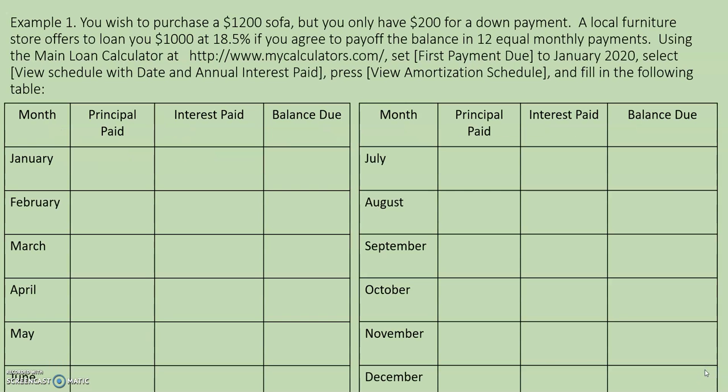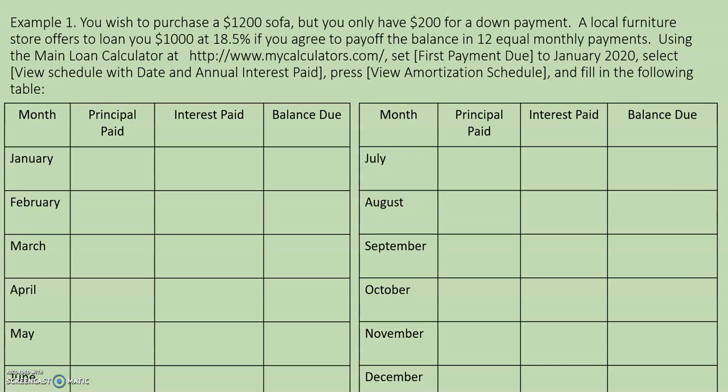Example 1. You wish to purchase a $1,200 sofa, but you only have $200 for a down payment. A local furniture store offers to loan you $1,000 at 18.5% if you agree to pay off the balance in 12 equal monthly payments. Using the main loan calculator at mycalculators.com,